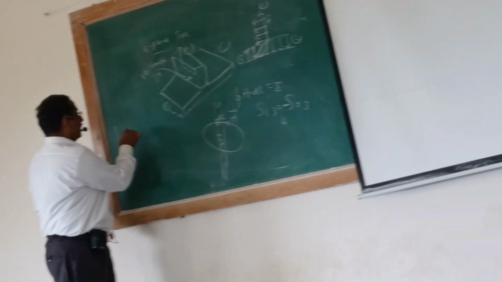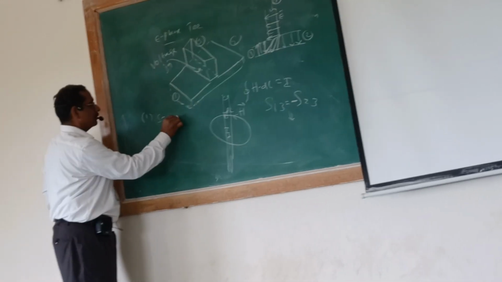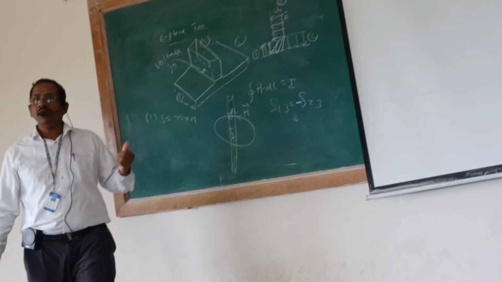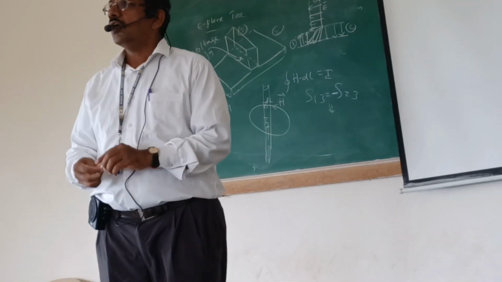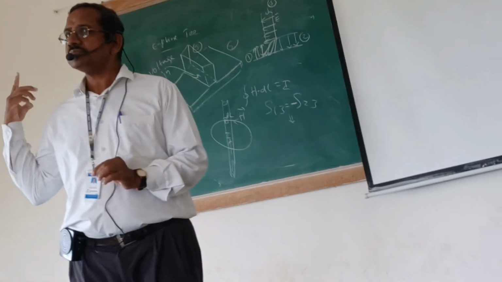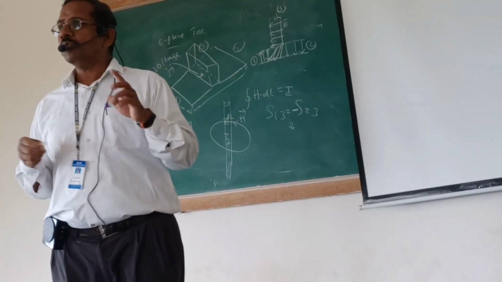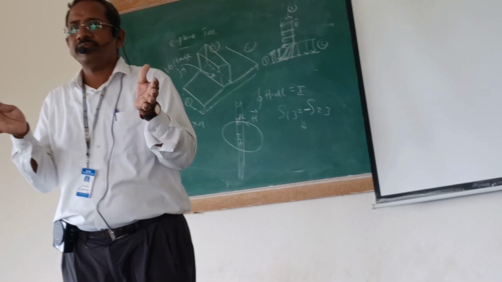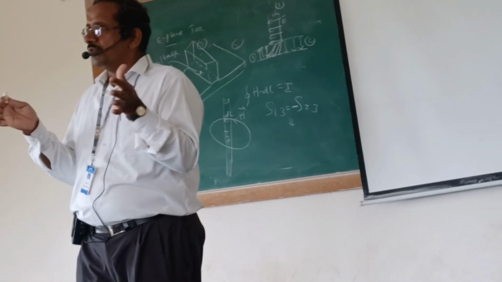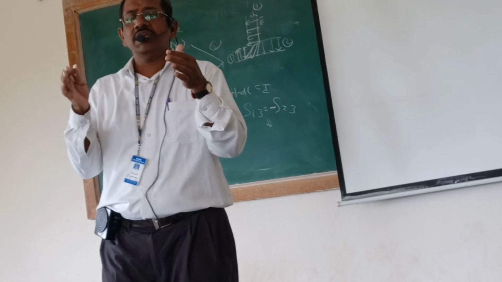First property is S is always going to be a square matrix, where N is going to be the number of ports. Now how many ports do I have here? Port 1 and port 2 are called collinear ports. What is the meaning of collinear ports? Similar kind of ports. Similarity is going to exist in the operations.